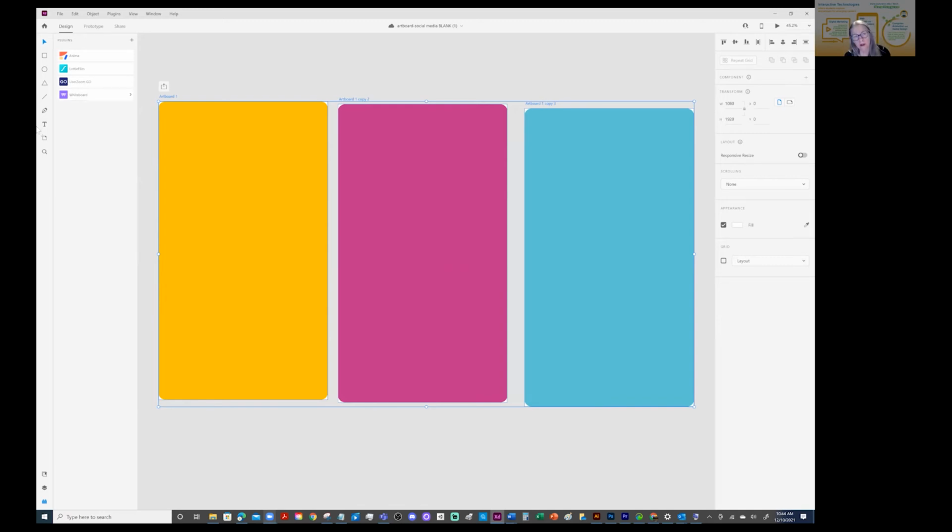So the thing about XD, and this has been around since day one, plugins. So people can do special things because of plugins. You can do plugins with Photoshop, you can do plugins with Illustrator, After Effects, all of the above. I really don't use the plugins simply because I teach the really fundamentals, and that alone is a lot to learn. But all these plugins have really good video tutorials. So if you want something that the software doesn't give you, go search for a plugin and you will get it. So let's go back to design,